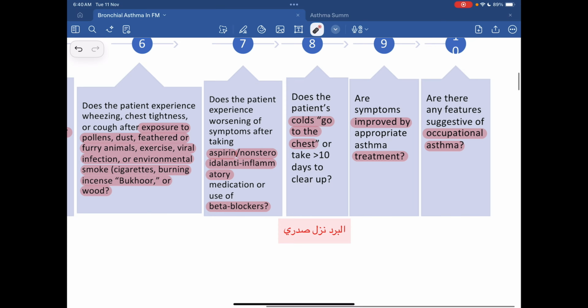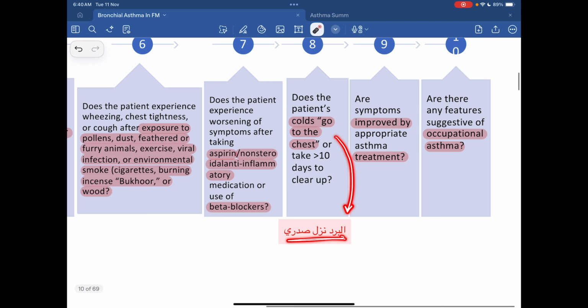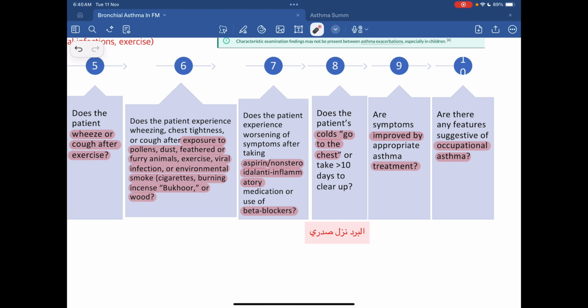Okay. Does the patient's cold go to the chest؟ زي مثلا المريض بيقول إنه البرد نزل على صدره or take more than 10 days to clear up. هذا also may indicate asthma. And are symptoms improved by appropriate asthma treatment؟ هذه يعني in general لو قال مريض أيوة أنا عندي history of asthma نسأل تفاصيل متى كيف كان was it controlled إيش الأدوية اللي كنت تأخذها هل كانت تفيدك أشياء مهمة نعرفها يعني be curious. Are there any features suggestive of occupational asthma؟